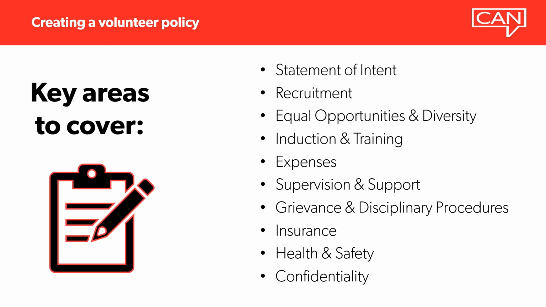Most organisations prefer to have a short volunteer policy that refers to other separate documents, covering health and safety, for example. This is probably the best option, as a long document can be very overwhelming. Try viewing the policy as a statement of intent, with the day-to-day nuts and bolts covered in separate policies or in a volunteer handbook. There may be no blueprint for the perfect policy, but these areas listed are all the things you should think about including.